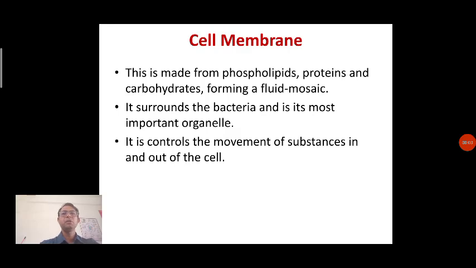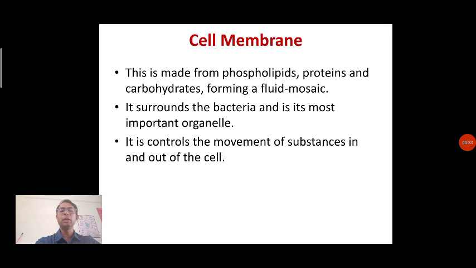So in the last lecture we went through the cell wall, and in today's lecture we are going to look at the other features or structures of the typical bacterial cell. So we are looking at the prokaryotic cell, and we know that prokaryotic cells include mostly bacteria; the bacterial cell is the best example of a prokaryotic cell. We have gone through the cell wall of bacteria, and in today's lecture we are going to look at